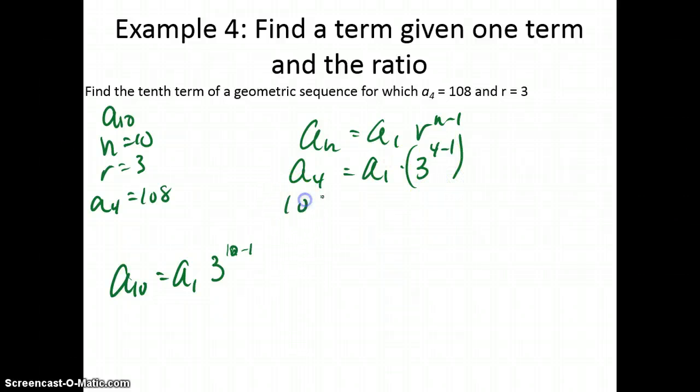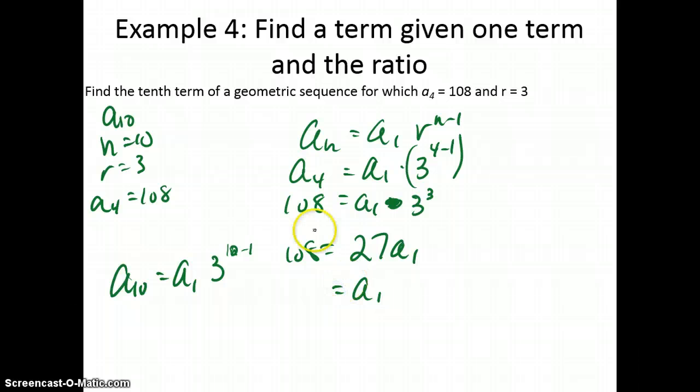So the fourth position is 108, and this is multiplying by 3 to the third, which is 27, times a sub 1. And then dividing it out, we find that our first term is